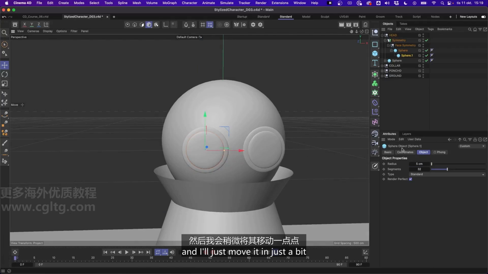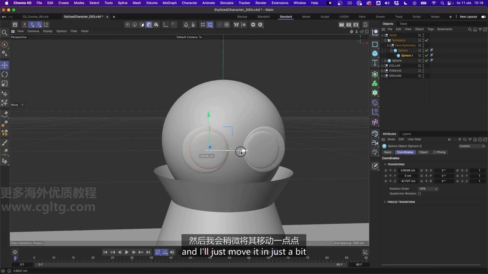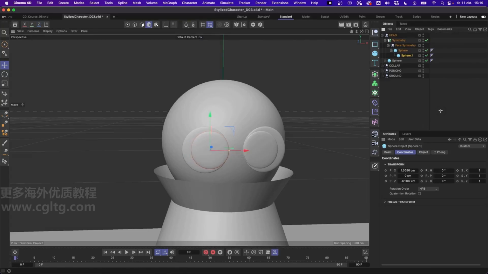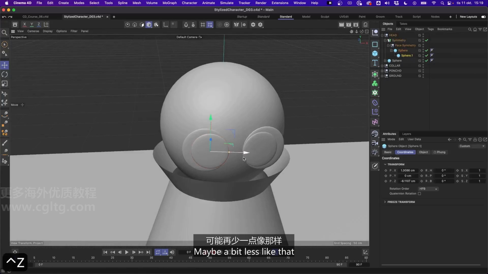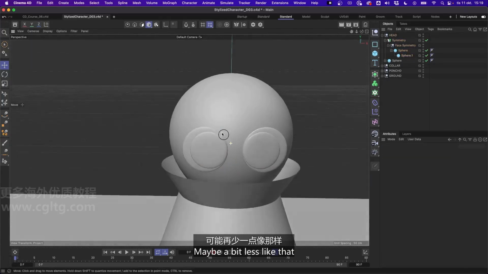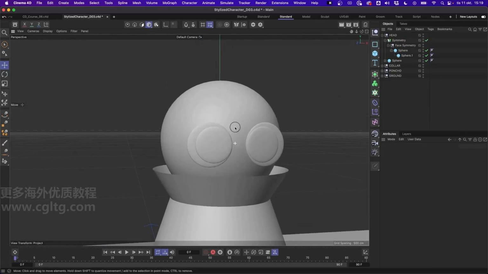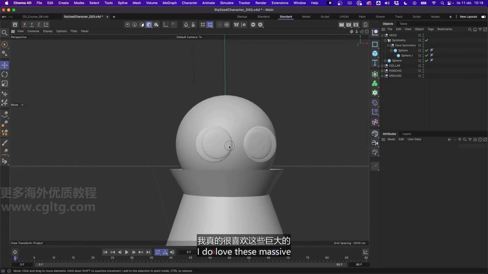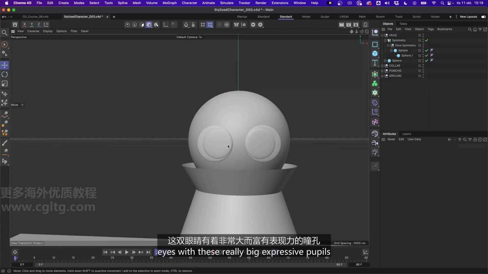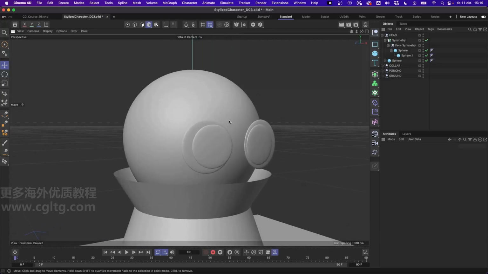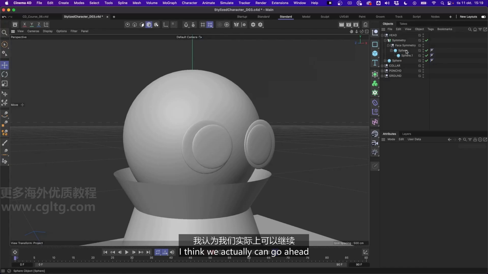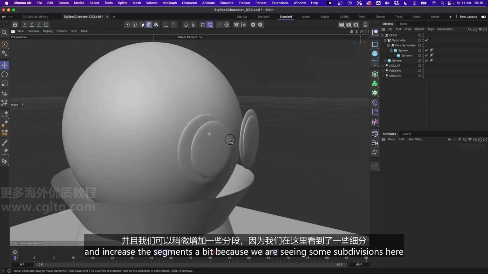And I'll move it in just a bit, something like this. Yeah, that's nice. Maybe a bit less, like that. Yeah, I think this is looking really nice. I do love these massive eyes with these really big expressive pupils. I love that. I think we can also increase the segments a bit, because we are seeing some